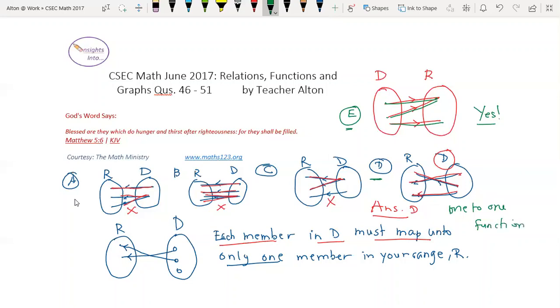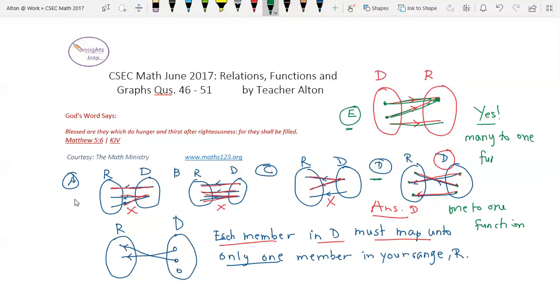where only 1 to 1. So each of the members in the domain is mapped onto one distinct, different member in the range. But this is not happening here. Although it is a function, this member and this member are mapped onto the same member in the range. Are you seeing that? So in this case, although it's a function, it is called a many to one